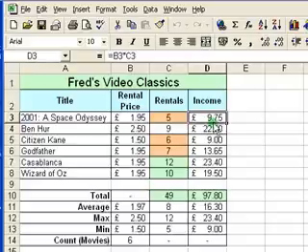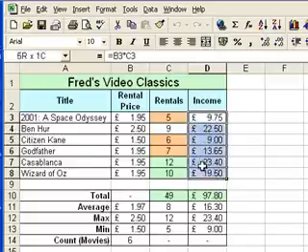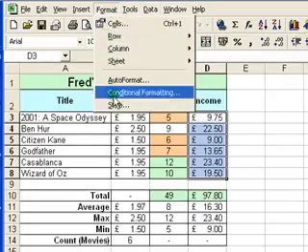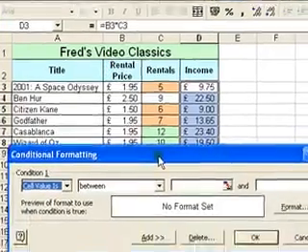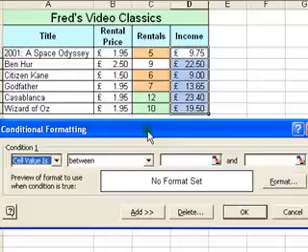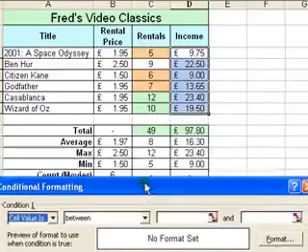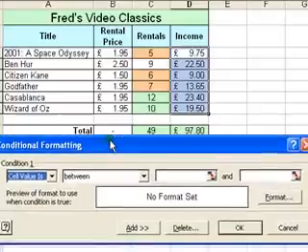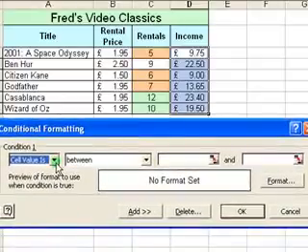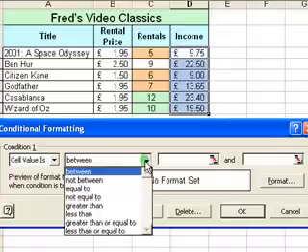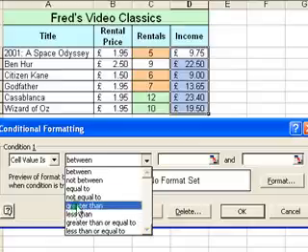So I'm going to apply conditional formatting in column D for the income cells, and I'm going to select cells D3 down to D8, and if we go to the format menu, choose conditional formatting, we get our dialog box, and I'm going to set two conditions again, but obviously this time I'm going to combine the condition with the maximum and minimum functions, as you will see. So if I choose cell value is, click on the drop down there to choose the operator, and I'm going to choose equal to, there we are,